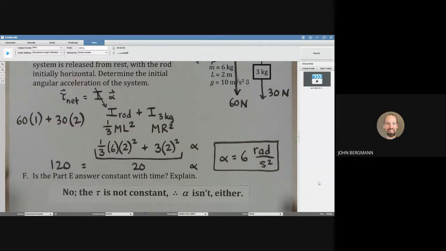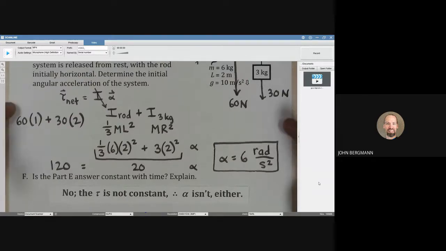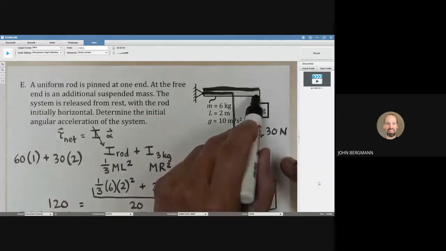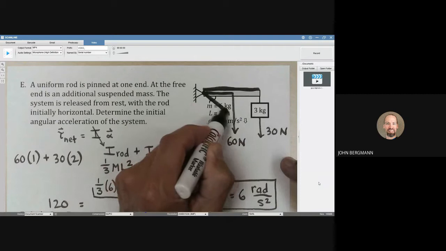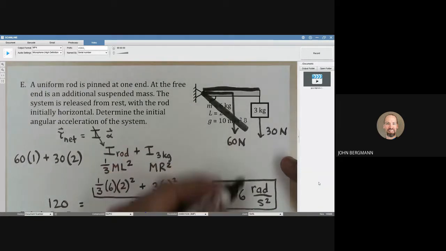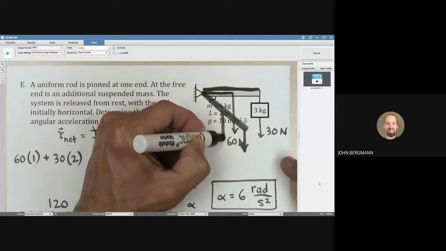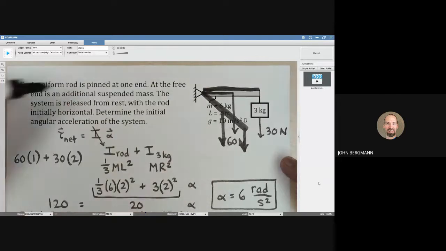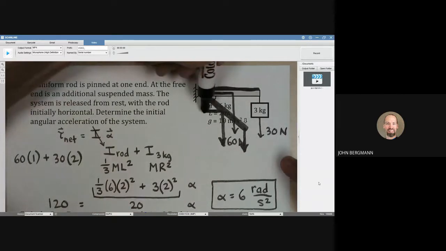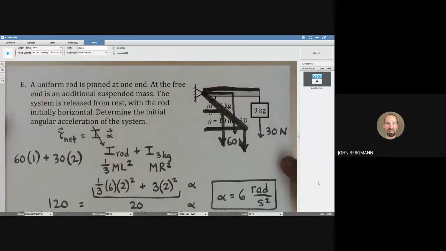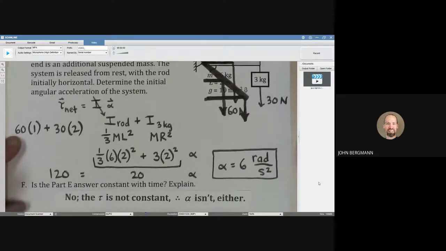Now, why isn't the torque constant? Let's scoot back to the original picture here briefly. And I'm going to completely mess up this picture, but here we go. This rod, pretty soon, is going to be bent down like this. The 3 kilogram weight will still be pulling there, and the 60 newtons from the rod will still be pulling there, but now, check it out. Lever arm, not the same as before. This lever arm, not the same as before. And for that reason, the torque isn't constant. And if the torque isn't constant, then the angular acceleration can't be